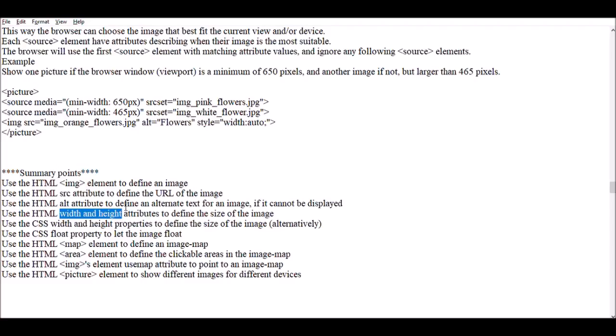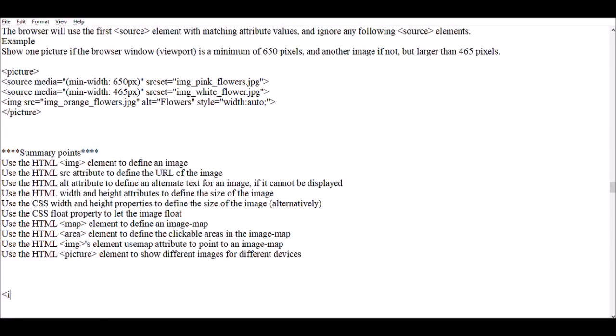Use the CSS width and height properties to define the size of the image alternatively. Use the CSS float property to let the image float. Float is another property you can set in the image tag like this: img src equals, let's suppose, abc.jpg, alt equals no image, and you set style as an attribute.